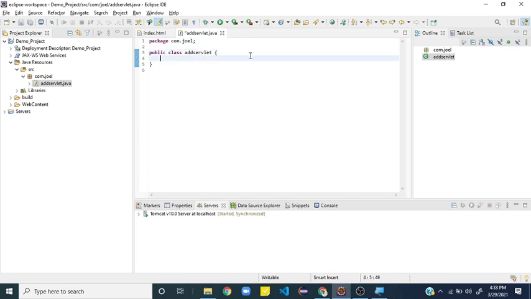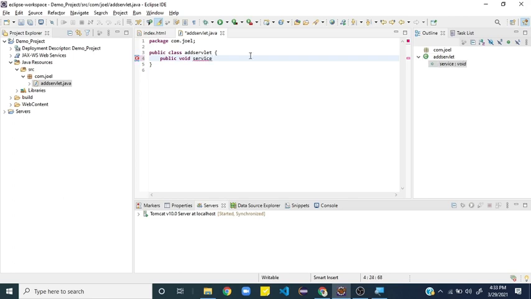So inside the class we start working with a lot of functions. So let me start working on the function. So let me create a function. Again, whether it's a class or a function, the access specifier should be the first thing. So I have to use public. I'm creating a function, so I say the return type as void, and I use something called service.